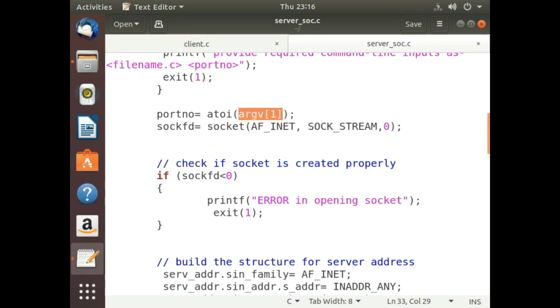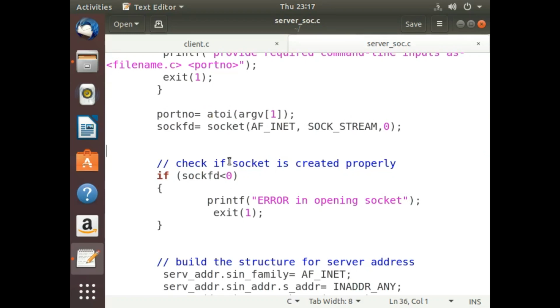And as I told, everything that is passed from the command line is in string format, and we want the port number in its integer format. So for that we use the atoi function, an inbuilt function to convert the string into its equivalent integer. Got this? Whatever the equivalent integer value is will be stored in the variable port number.